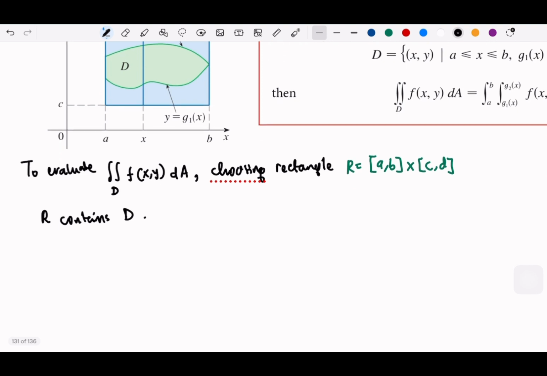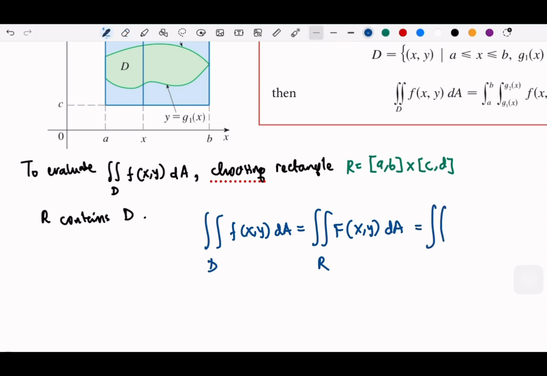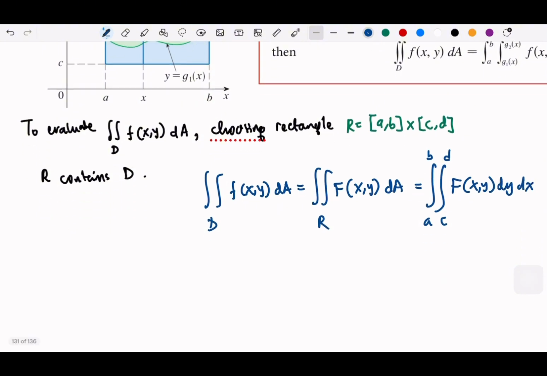So we can have the double integral over R. Suppose that this is A, B, C, D, this is capital F, dy, dx. Okay. So we can observe that based on the definition of F,